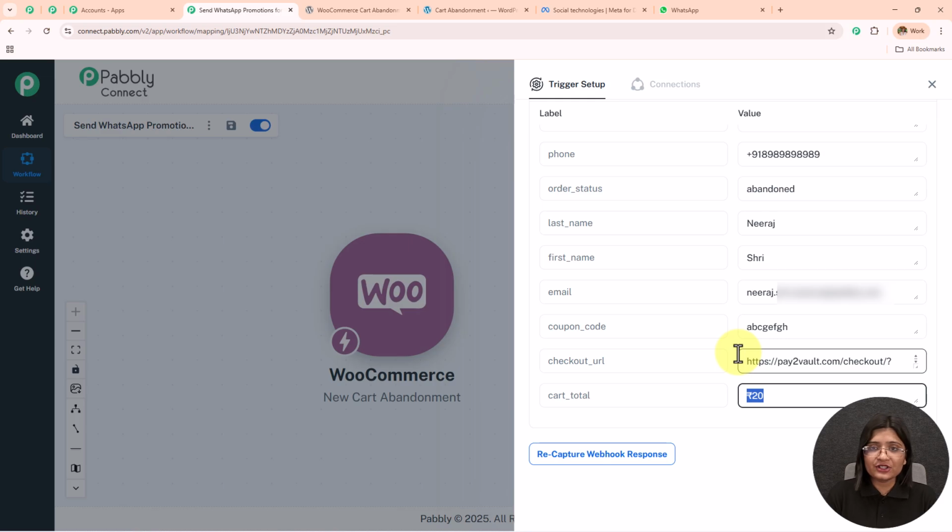And to capture the real-time response, you simply have to click on this recapture webhook response. It will take a few more minutes to capture the real-time response, and that's why I'm working on this test response itself. But if you're going to capture the real-time response, please make sure to click on this recapture webhook response. So it will once again start to wait for the webhook response, and when you do the test submission,